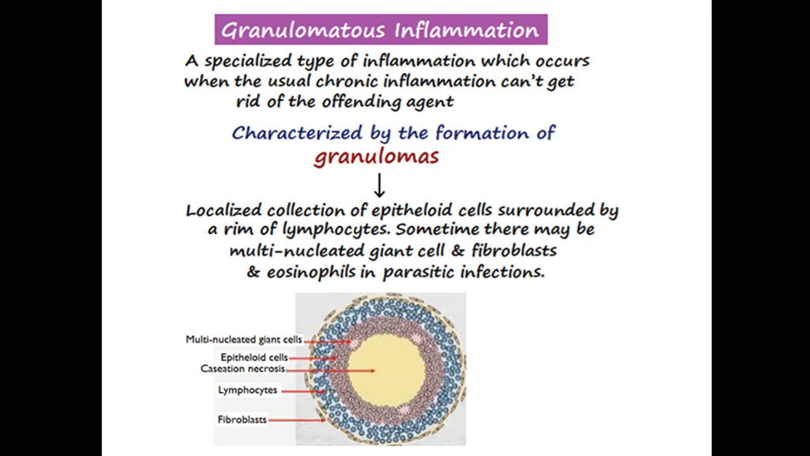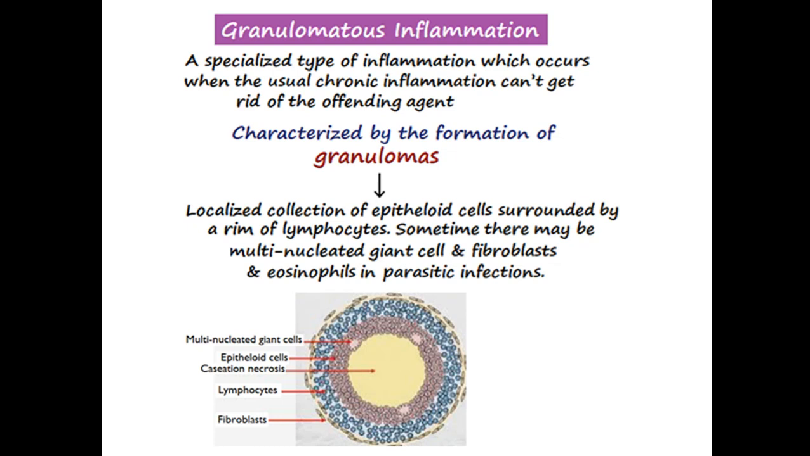Now, what are granulomas? Granulomas are localized collections of epithelioid cells. Epithelioid cells are nothing but modified macrophages, and we know that the macrophages are derived from the circulating cells known as the monocytes. The monocyte is transformed into the macrophage. The macrophage is a more powerful cell